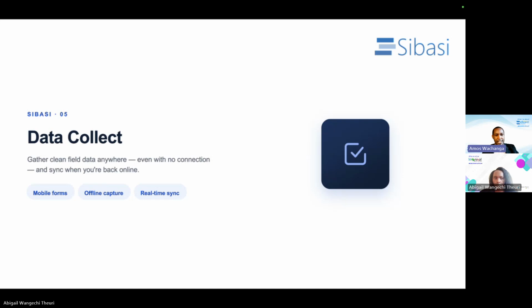And lastly, one of the other specialized solutions that I would want to recommend that you consider is the Data Collect platform that allows you to do data collection in the field. We operate in an environment where sometimes the network might go off, and you would want to make sure that your team actually gets to collect the data, and also the synchronization of the data. You do not want the team to go to the field, collect data, and then come back to the office and they have to type it in, or you have to get volunteers to assist in the process of capturing the data. Data Collect allows you to do that entire process,